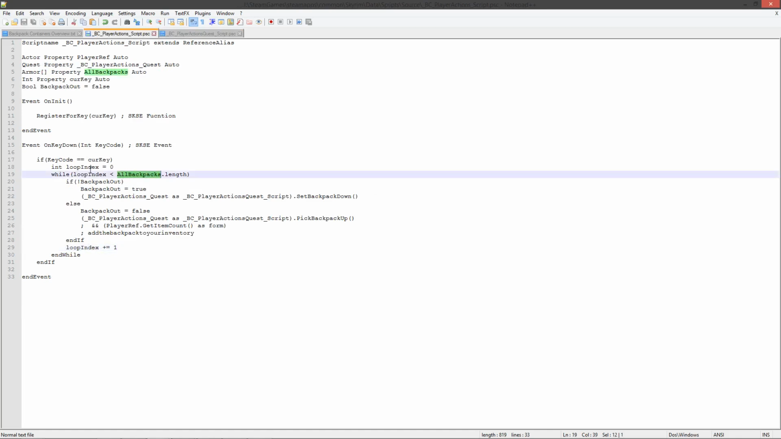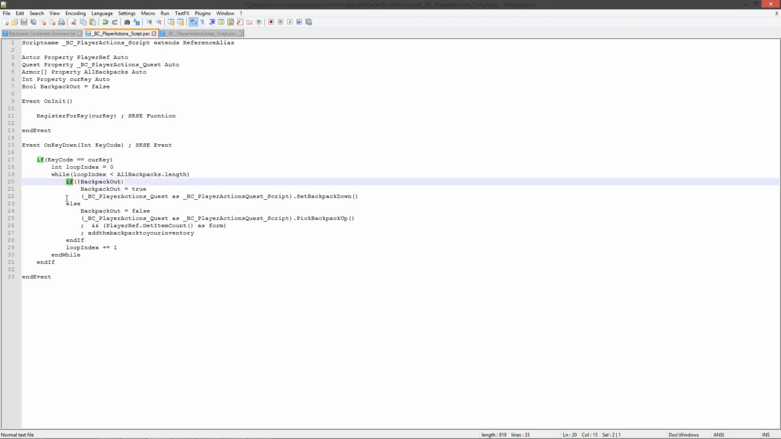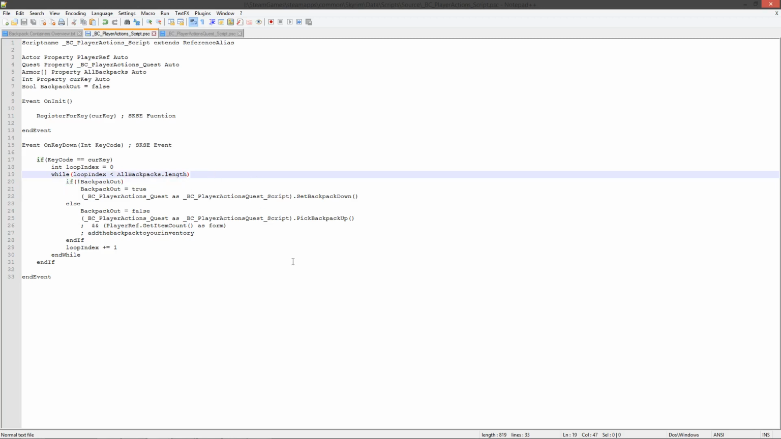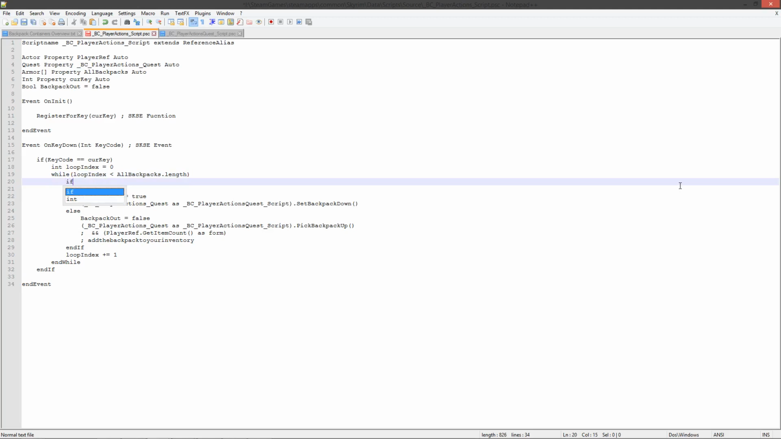You know what I should do? Oh, I need to actually check it. So how do I want to do this? Maybe I'll do another if outside of this. That's kind of ugly, but whatever. Let's just do that. I can fix it up later. So if all backpacks at, and I think it has this syntax, loop index,